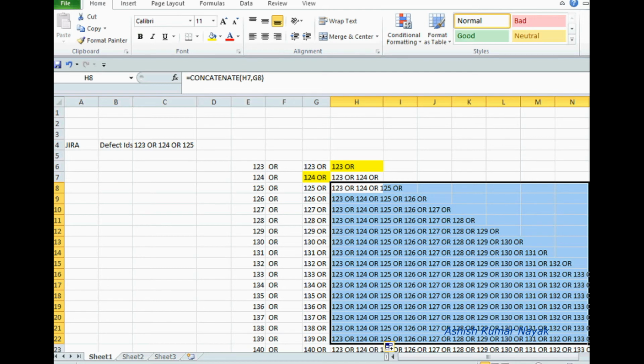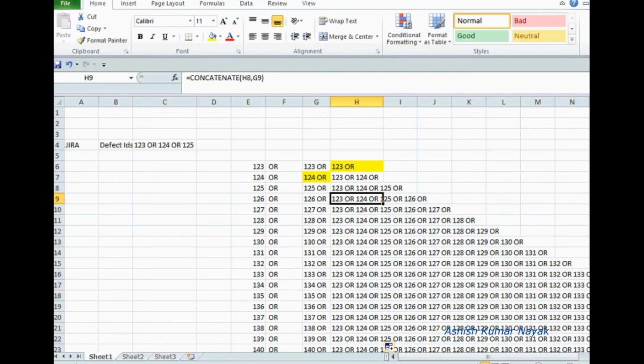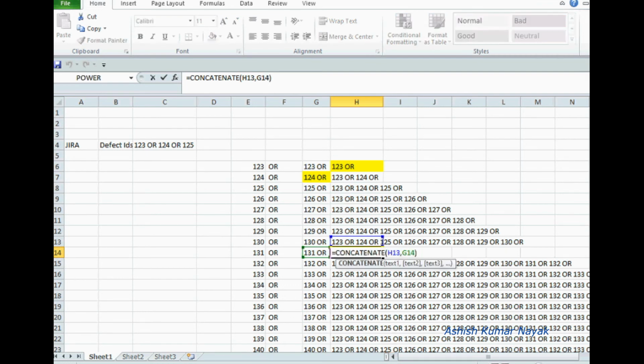How is it taking? Let's see here. In the column H row 9, it is taking, see here, H8, G9. Understood, no? Here you can see the values H8 and G9. Go to some other cell, just double click on it.